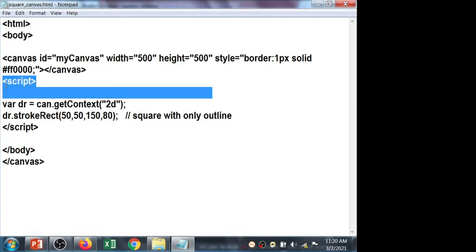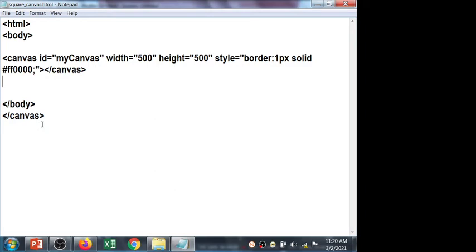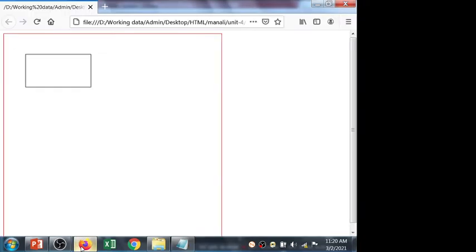I'll just remove this code. Only the program contains the canvas area, whatever element or attribute I have declared that is related to the canvas element, right? Let's see the output. This is the output with the previous code. I'll just refresh it.